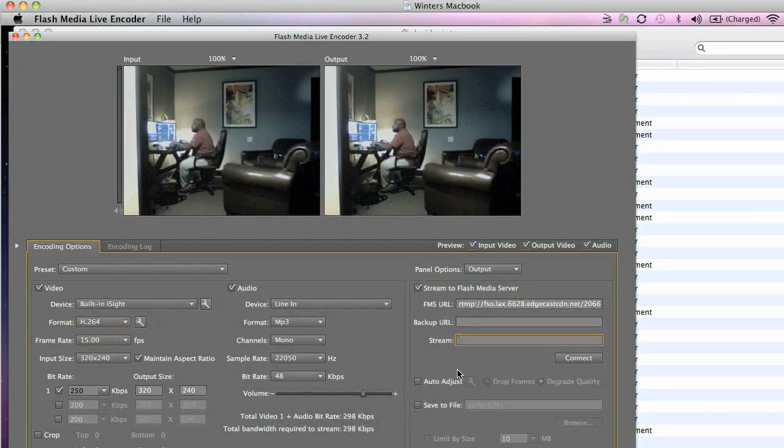In this case, it's just a test, and I'm going to use my name, Dave, all lowercase, as the name. And the second piece of the stream field is you need to provide the authorization key. This is basically the password that allows connection to the Edgecast network. You basically can't send a stream in without an authorization key, and that's also part of your